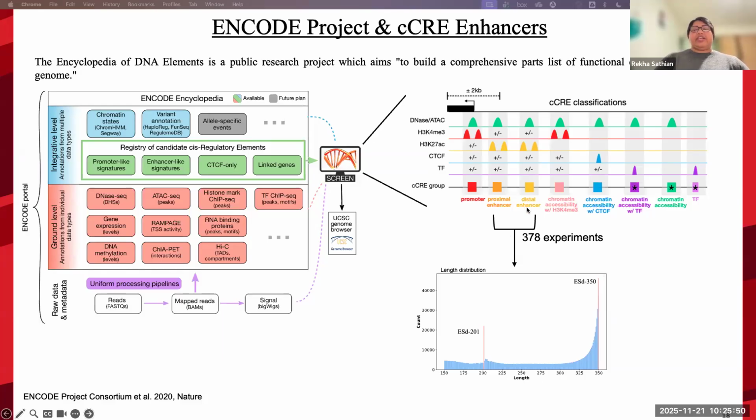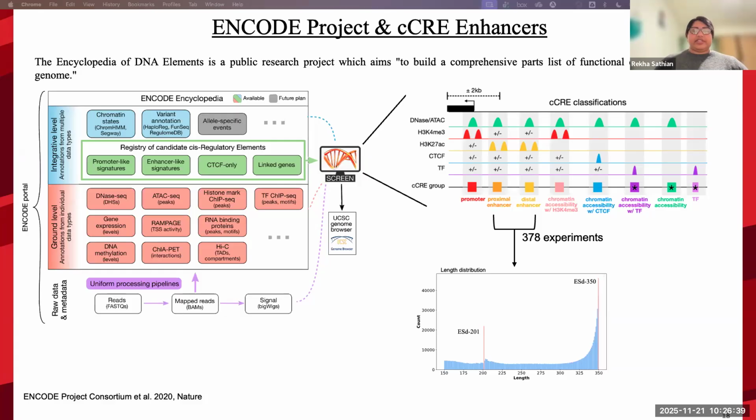They are anchored mainly on DNase-1 hypersensitivity sites, which usually range in length from 150 to 350 base pair, and they consist of high resolution mapping of 961,000 enhancers. From the length distribution, we observed two clear peaks around 201 base pairs and 350 base pairs. These natural modes of enhancer length guided our decision to construct two datasets at these fixed lengths for fine-tuning. Overall, ENCODE's high-confidence enhancer annotation forms the primary positive set for our training data and thereby ensures that the model learns from